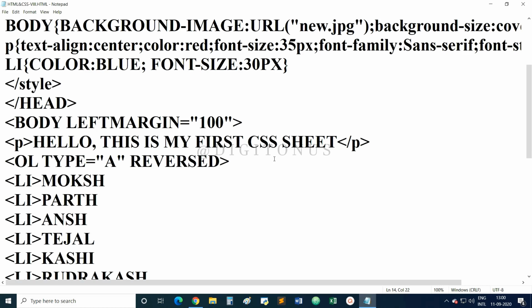We have learned two topics, how to create an ordered list and unordered list. In a coming video, we will learn how to create tables in HTML. So till then, you can learn these codes. You can practice these codes at home.